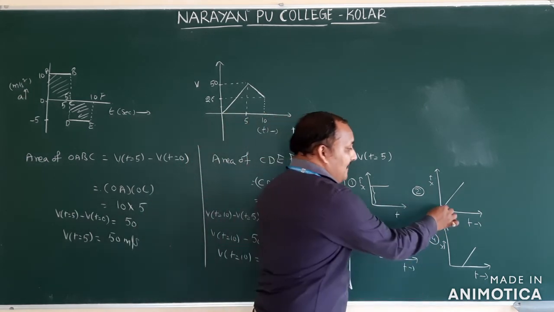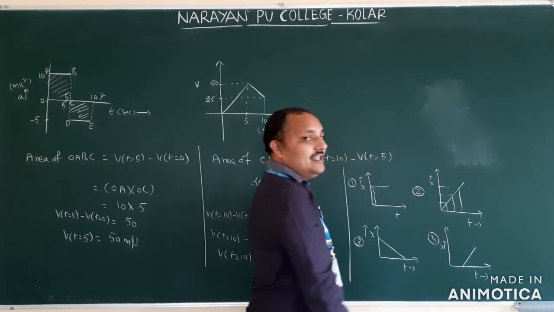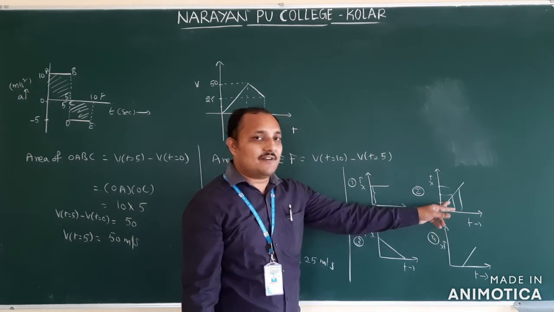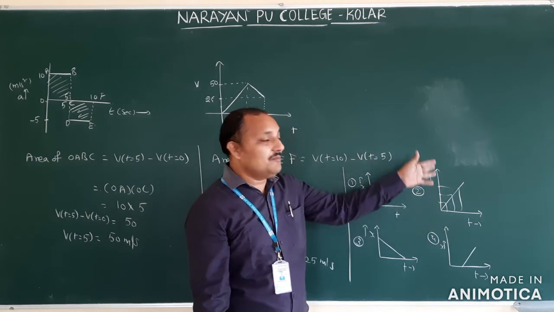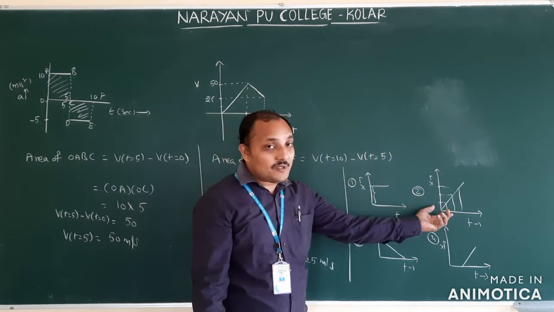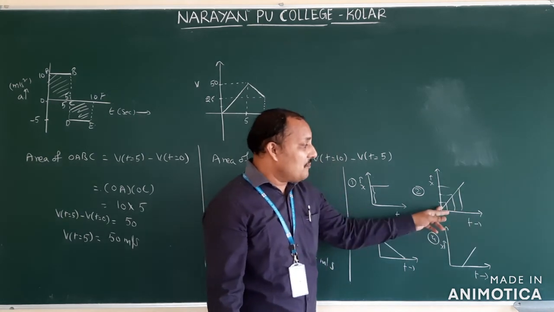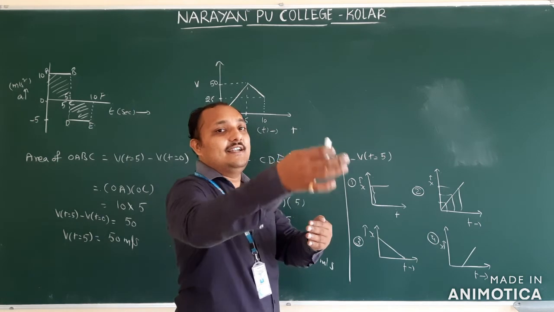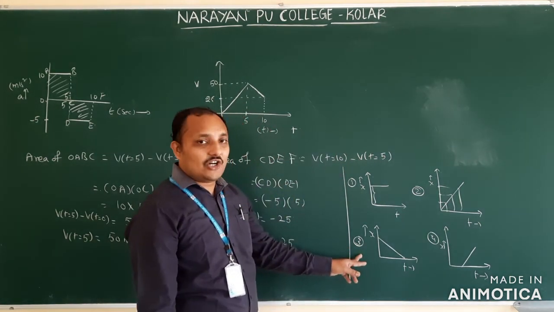With respect to time, what is he changing? He is changing position. Initially he is at 0, after some time he is at 5 meters, after some time he is at 10 meters, after some time he is at 15 meters. Like that he is moving. Therefore, this graph is also possible, because if time is increasing, position is also changing with respect to time. Position is changing means distance is increasing. Next we will see the third graph.